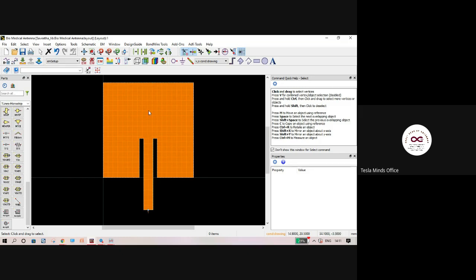Characterization means whatever 10 different measurements you have taken in this particular simulation, you have to authenticate using the test and measurement instruments. Only then will your antenna design be complete. Effectively, it can be a simple antenna like this or a complex antenna, whatever you are trying to design. For all antennas, the procedure is still the same.